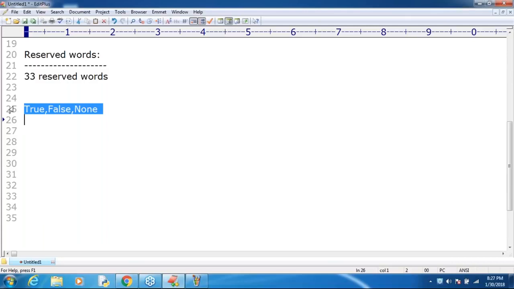The first two, True and False, are both for the boolean data type. None means nothing. If you want to indicate that nothing is there, for that we are going to use None in Python, sir. Something like, people who are coming from a Java background, we use null, correct, right?